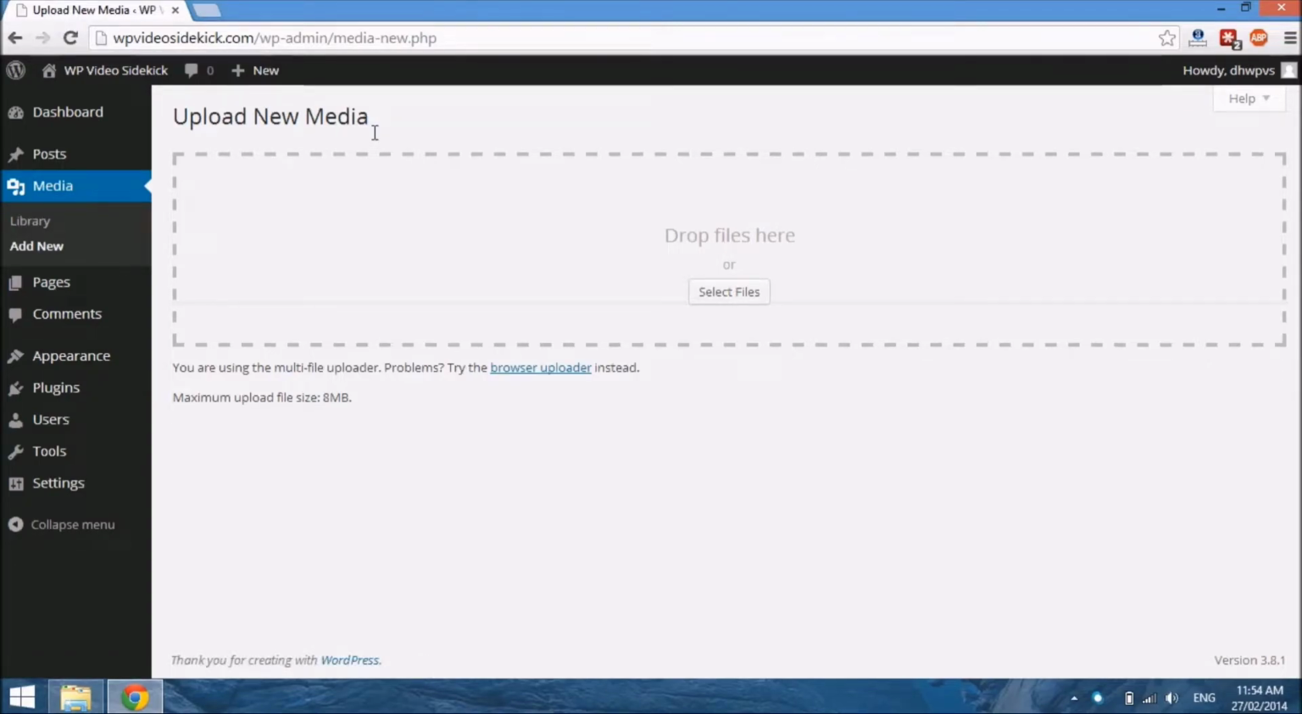stores all media that you upload directly to your WordPress site, and you can put media in here to either use in your posts and pages, or media to be downloaded by your users or visitors. So as you can see here, it says you can simply drop files here, drag and drop files, or select files, and